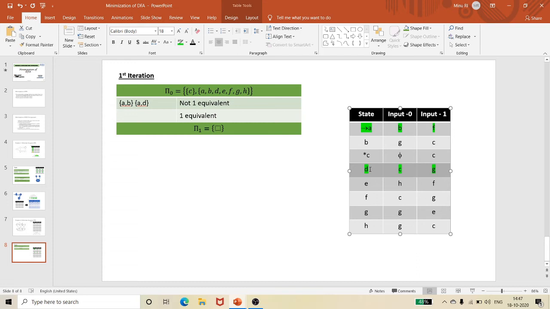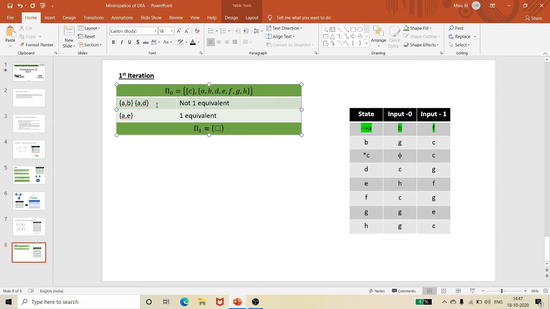Next we check E. Here, B and H belong to the same set, and F and F belong to the same set. So A comma E are one equivalent. Then A with F: B and C do not belong to one set because C belongs to another set.